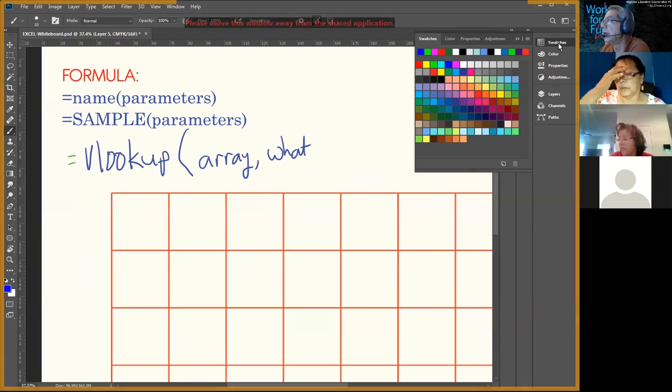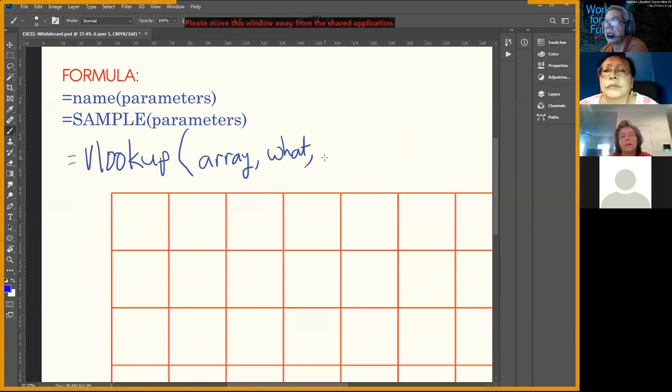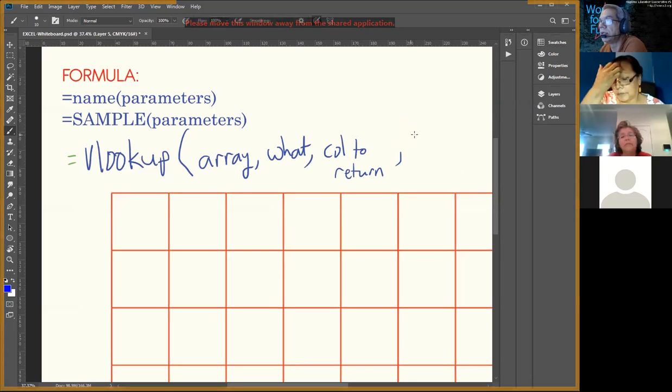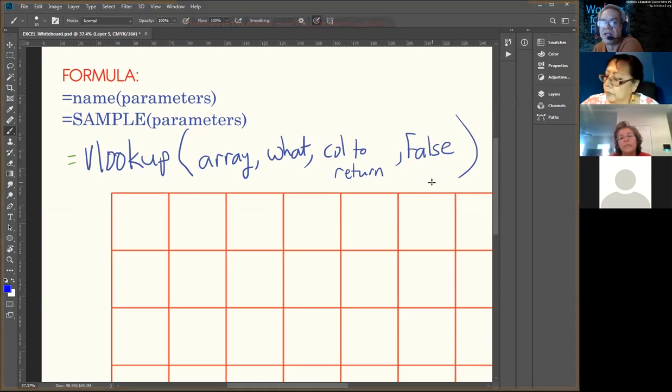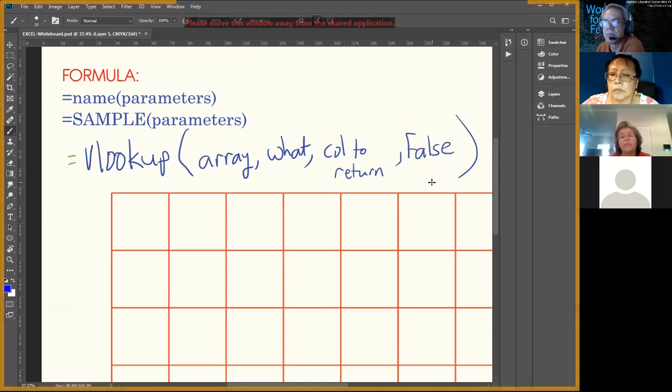The next thing is, what column do I return? Column to return. Where, we find it in the first column, how far over do we look? The last one is generally going to be the word false. And it can be either true or false, the last one. True means that the list is sorted. We're going to do that for numerical. If we're looking at numerical values, it'll find the row,